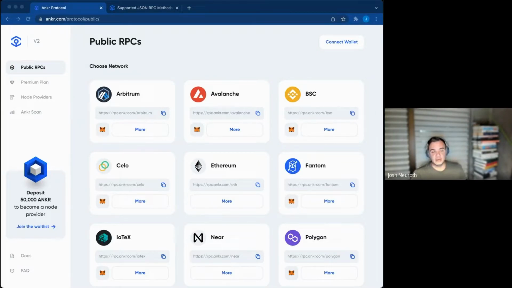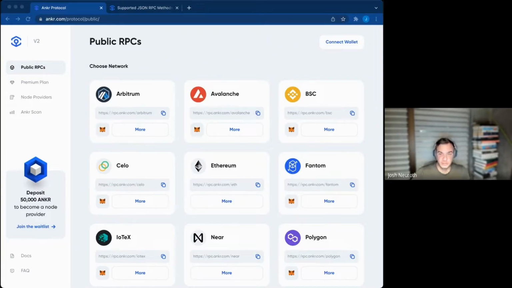So we have built not only distribution, but decentralization into our network. And so believe it or not, almost none of the nodes that are powering these public RPCs here are in AWS. We've done that for altruistic reasons, also cost reasons. Ankr has a long history. Our initial thesis was building this cloud for Web3. We don't really talk about cloud because it's such a Web2 term, but we work with a lot of what are called co-location data centers and bare metal providers. There's a couple dozen now that we work with, and we have nodes all over the world.